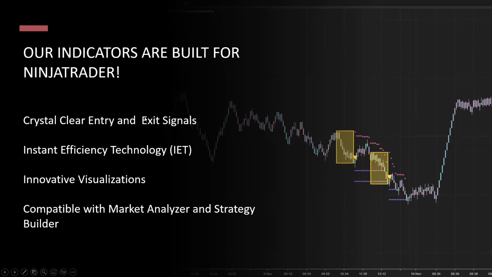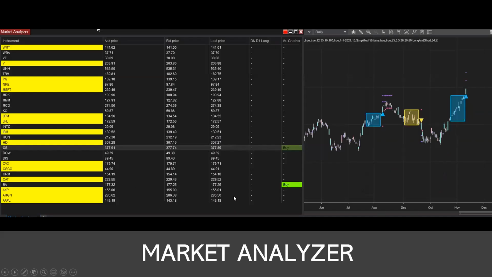Each of our indicators has the entry and exit signals. As mentioned, they have the statistics. We have innovations like the glowing cloud color and so forth. And of course, all our indicators work with other NinjaTrader tools, such as the market analyzer or the strategy builder. Here's an example from this morning of how I use the market analyzer to scan for buy entries based on my volatility crusher. Here we had an entry at Goldman Sachs, the one we actually saw on the daily time frame, and in fact it was there as well. The way the scanning works is that the scan is performed based on what the indicator thinks the optimal settings are.